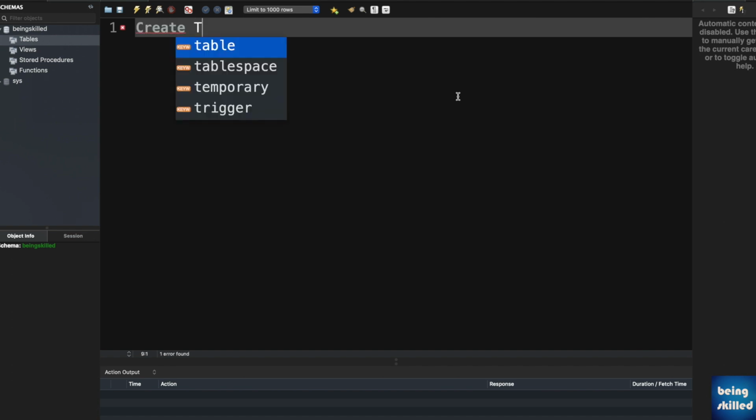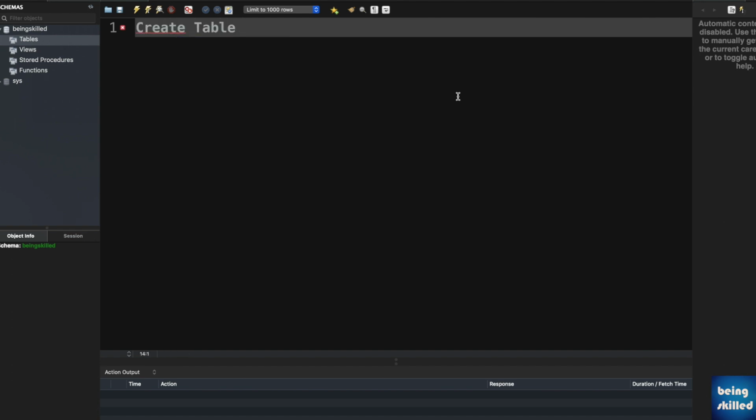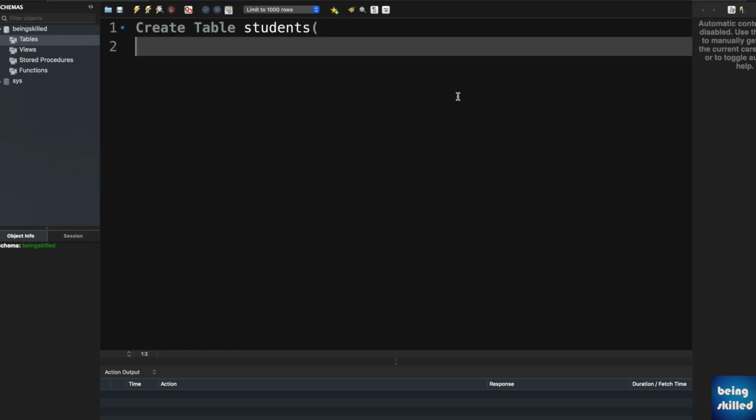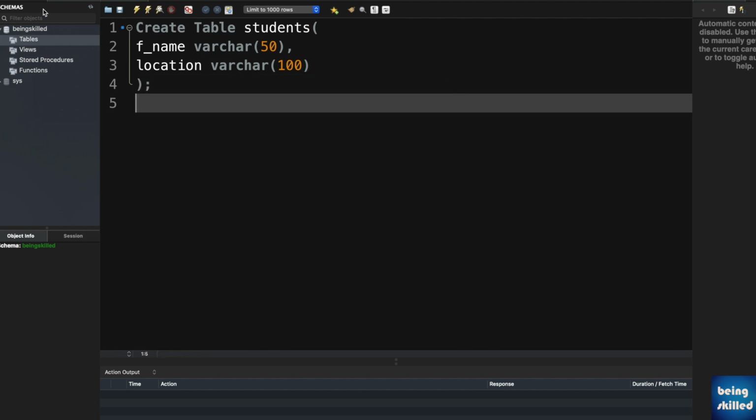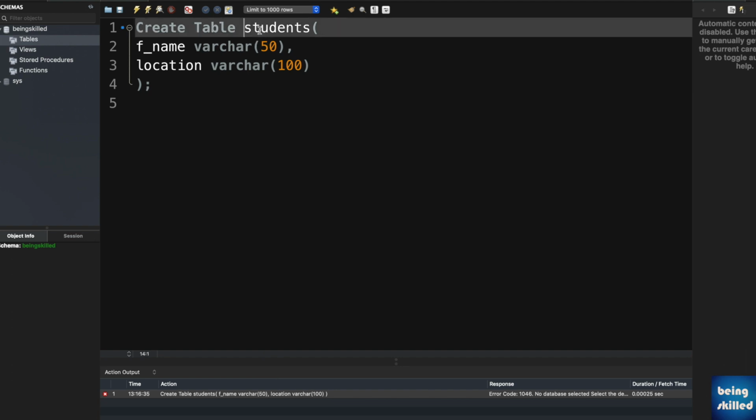So here we have this create table, the name will be students, bracket starts, and then the column name which will be fname, and the data type can be varchar, and then bracket starts and the length of that column, and then we will have location and then varchar and the length of the column, and then we will close the brackets, and then it shows an error that says select a database. So for that we can just use beingskilled.students instead,